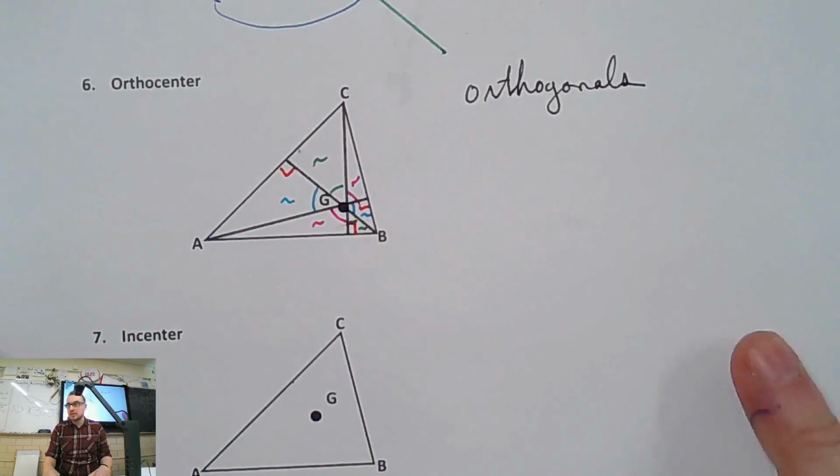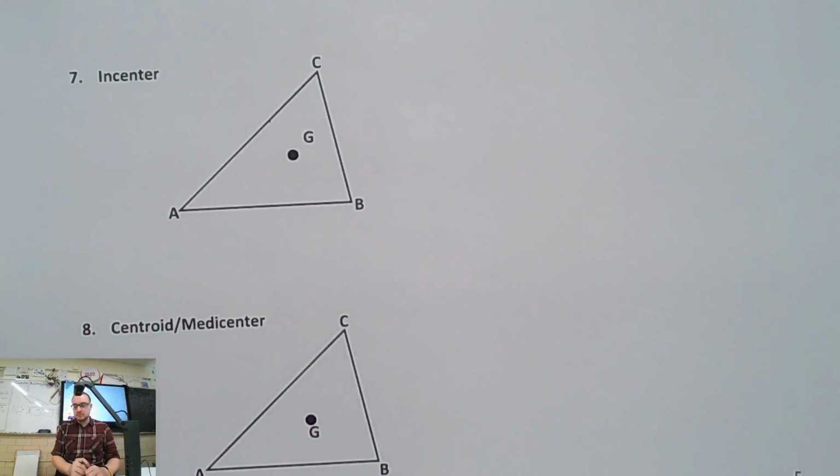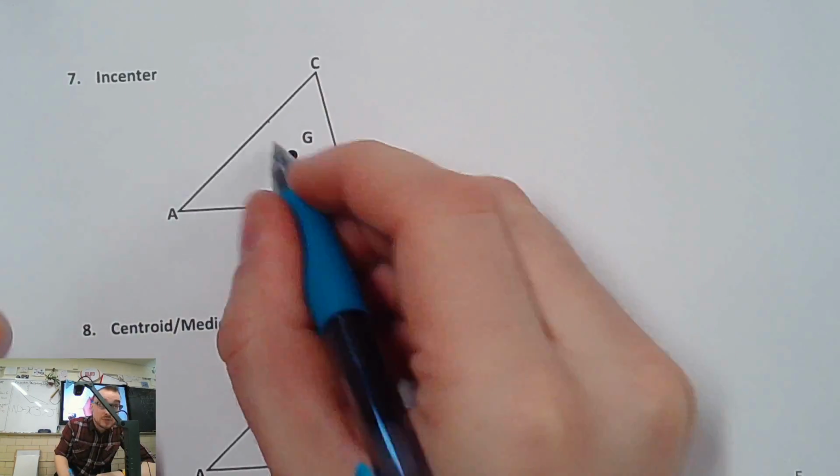And then all the properties that similar triangles bring. The incenter. Why do we call it the incenter? It's in the center of the triangle. Well, we have lots of different centers of the triangle. We have 4 different ones. Center of an inscribed circle. Good, there should be an inscribed circle here. Now, that means it's the same distance from every side.